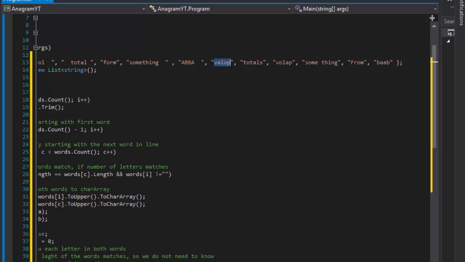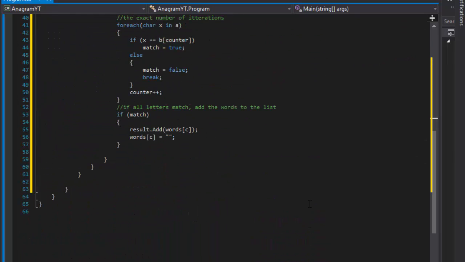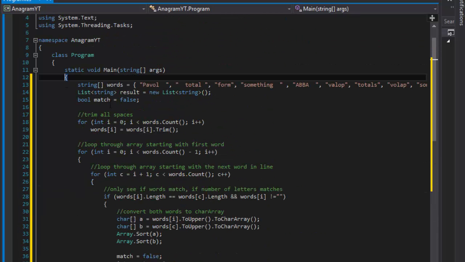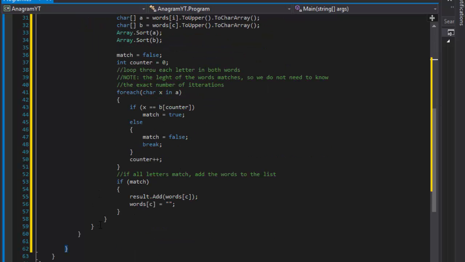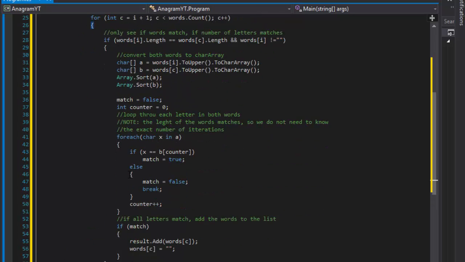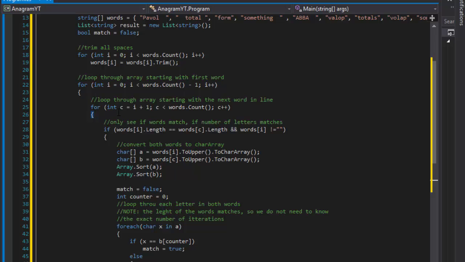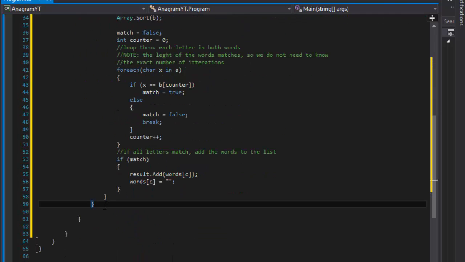I mean, again, we cannot just remove it from the array. So that's that. So we have the match, we have the list of words that match the word that we are checking currently, or that we are comparing. So let me see where the brackets now end. Okay, so 1, 2, 3. So here it is. For loop, yeah. So after the inner for loop, we can output what we have for now in the list. We can output something like